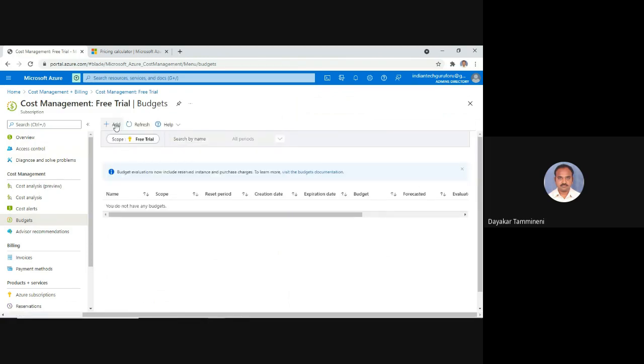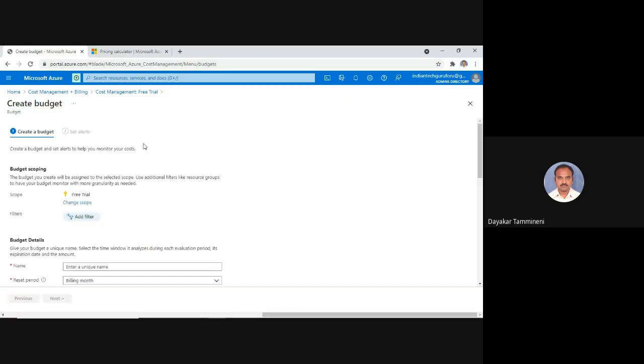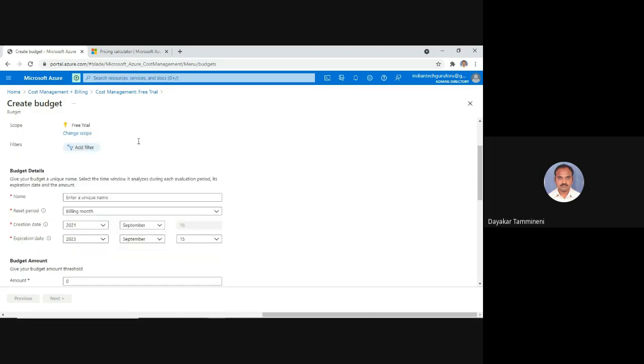And in the budgets, now we are going to add a budget. Why are we going to add a budget? Because we need to make sure that whenever it reaches near to 14,000, then I should get a mail from Azure that you are going to reach your stipulated amount. So that's why I'm creating a budget. If the company is providing, then you need not create any budget, because the company pays for you. Okay, so you need not worry about the budget. So for these $2,200, I'm going to create a budget plan.